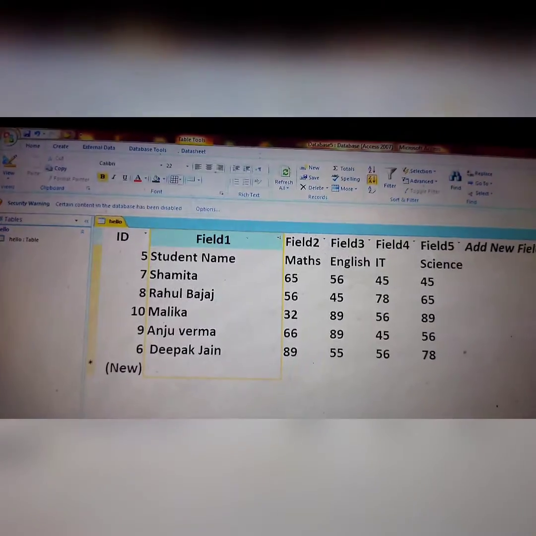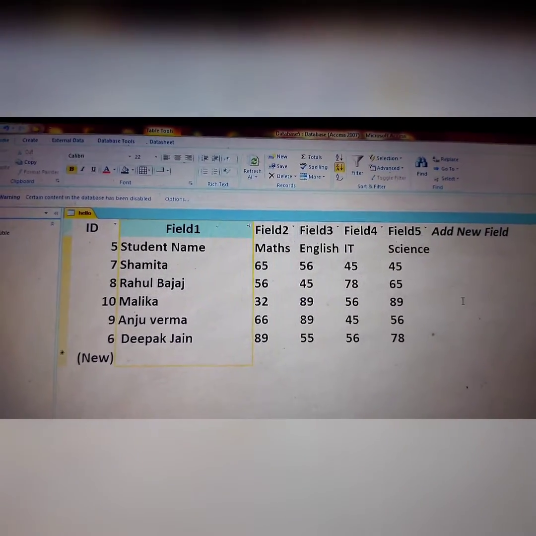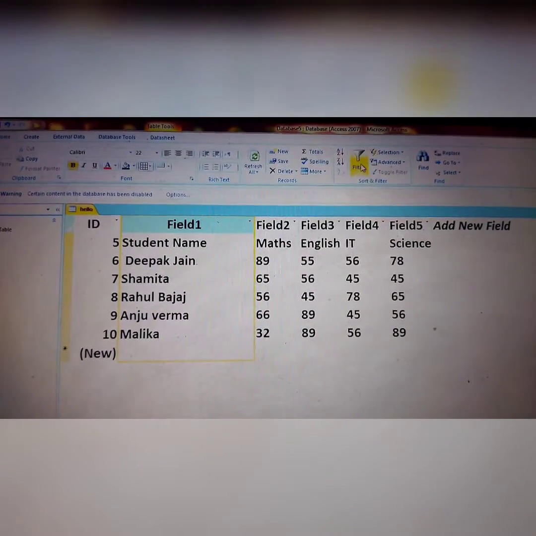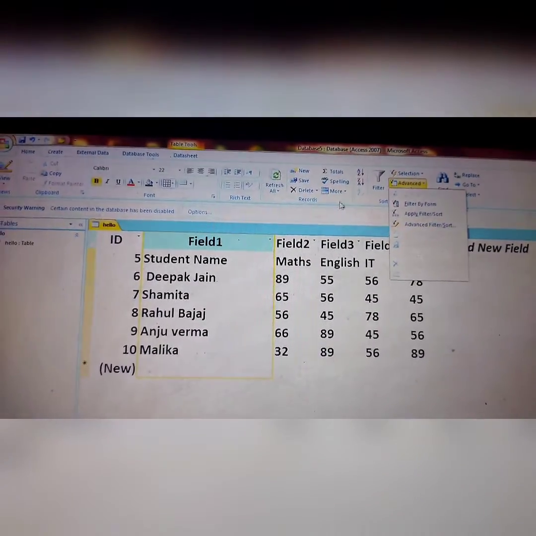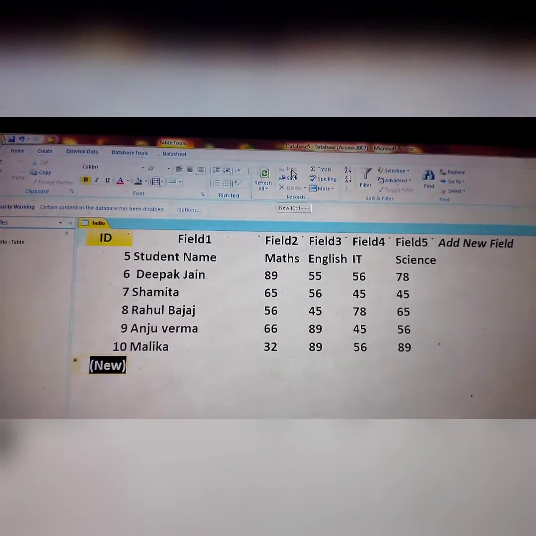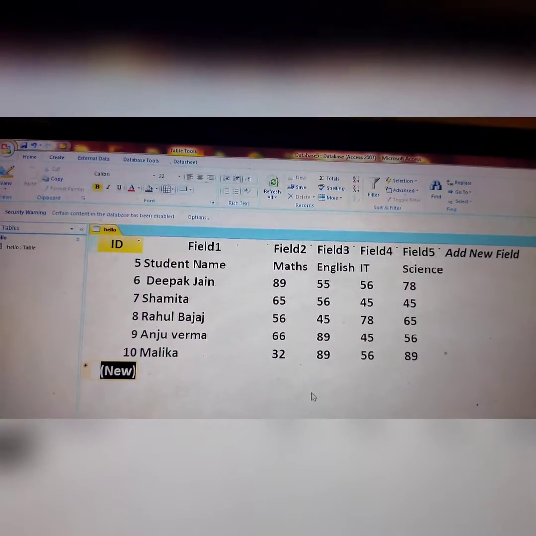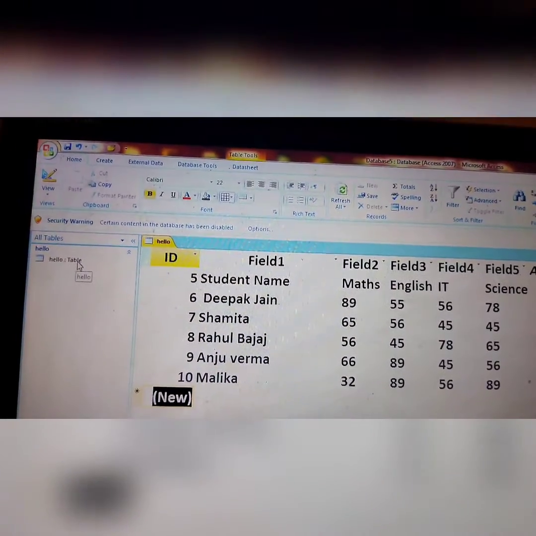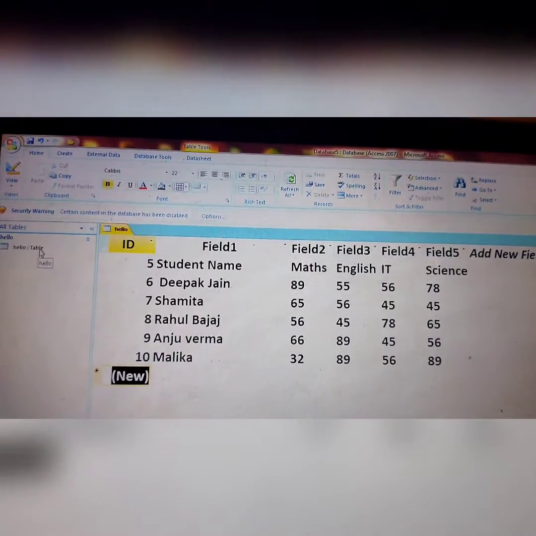Okay. So same as this, you will create a proper database in MS Access and apply the sorting and filtering in this Home tab. And you can see a new record option to create a record. This is a new record in this table. You can create a new record the same way. So this is a table and the table name is Hello. So we save this name Hello. Apply this and properly create a database.